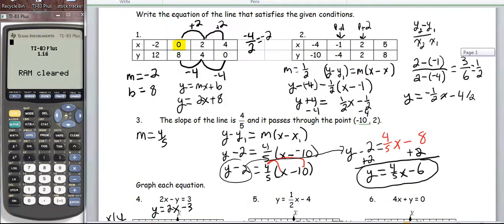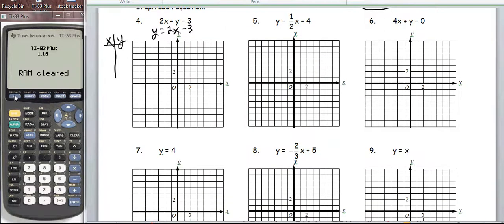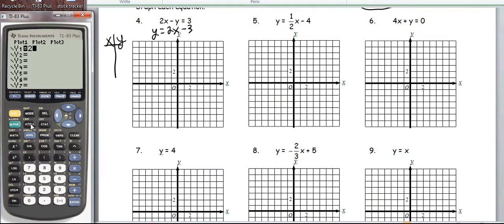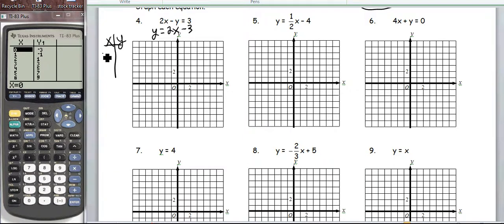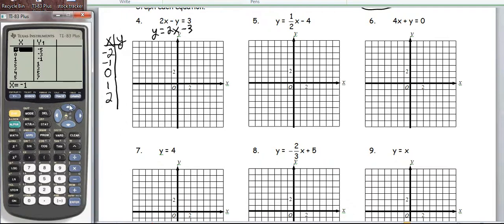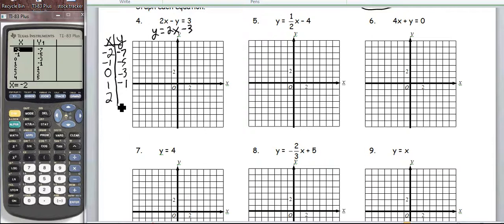So I'm going to go to my y equals, and I'm going to put in 2x minus 3. And then I'm going to look at my graph, and remember, I want to use my values negative 2, negative 1, 0, 1, and 2. And let's see. When x is negative 2, y is negative 7, then it's negative 5, negative 3, negative 1,